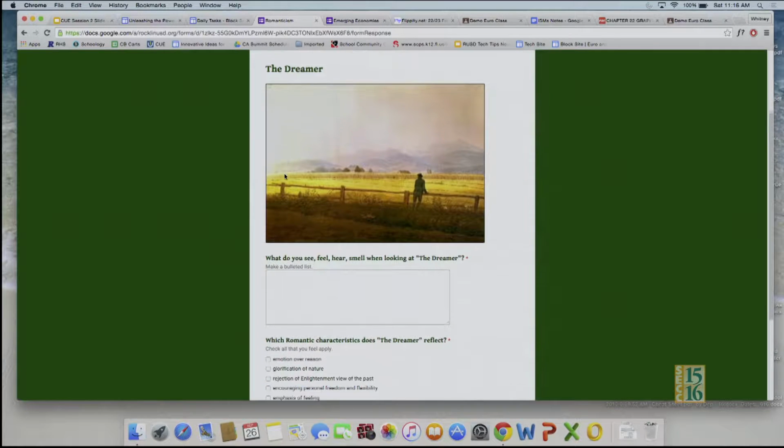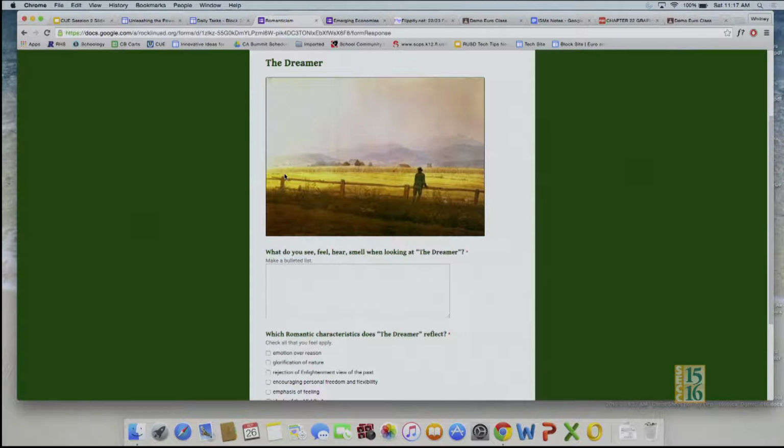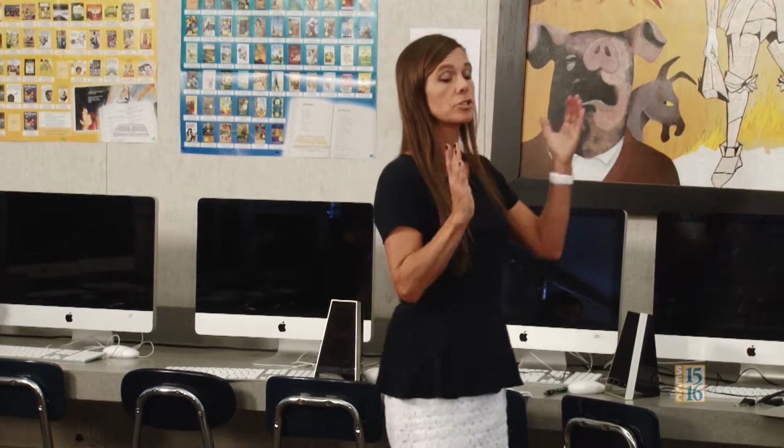And when we came upon a painting that was in their form, they then had to look at it and really do kind of an analysis of the painting, and then they had to indicate which of the romantic characteristics that painting reflected. I could then have my sheet open in my tab, see their responses as they're answering, and then project those, and we had a discussion right there embedded in the middle of the presentation, and the